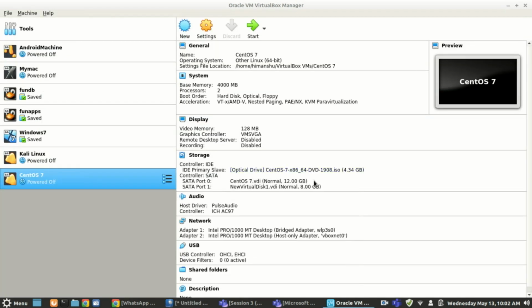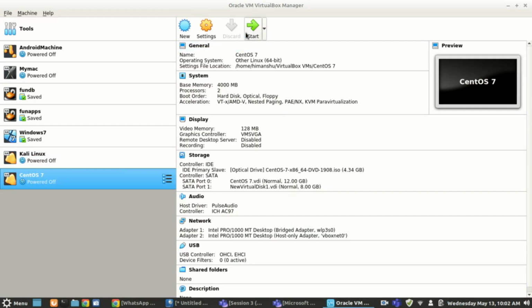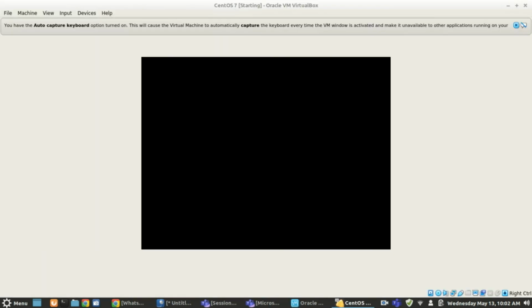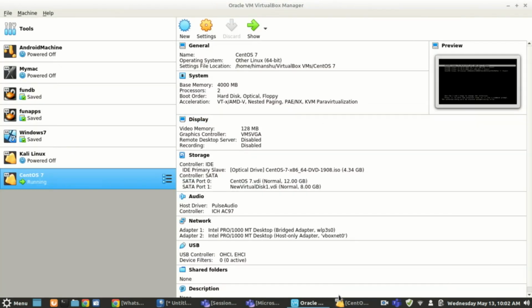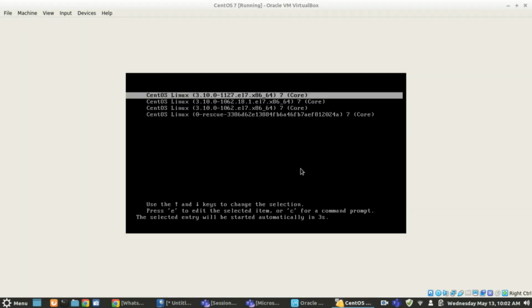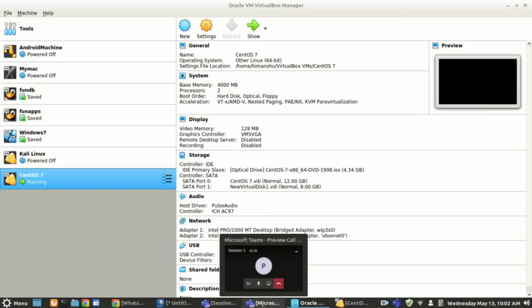So what happens in an SSH? Let's say this is my server. Let me start this. Whenever a remote server is running, SSH will have a fingerprint.